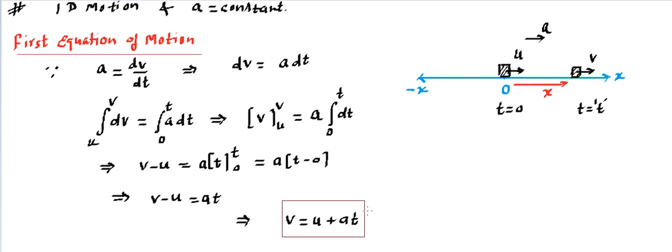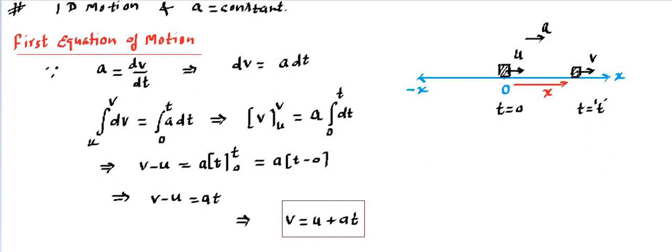And one thing that you need to keep in mind, you should never forget, is that for this, acceleration must be constant. Many students make this mistake later on, and they use this equation even though a is given as a variable. So first you need to identify how the a is. Until and unless you know a is a constant, you cannot apply this. So its eligibility criteria is acceleration to be constant, and it has to be one dimensional motion. Okay, so that's the first equation.